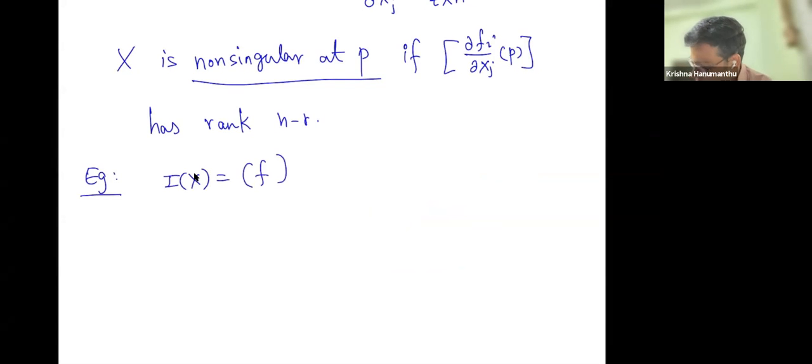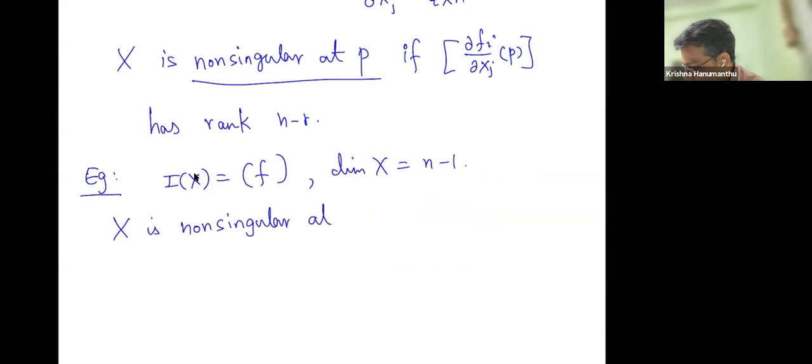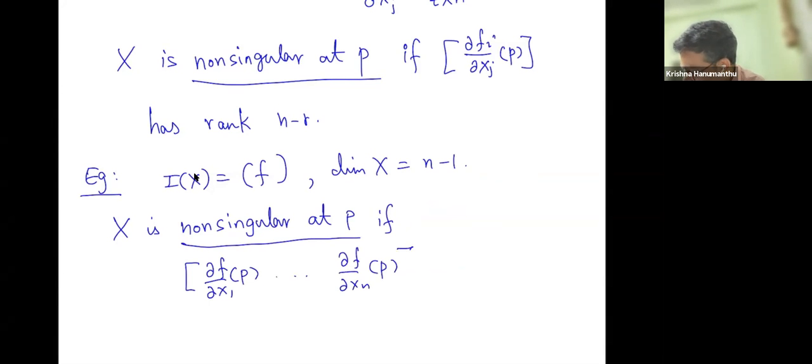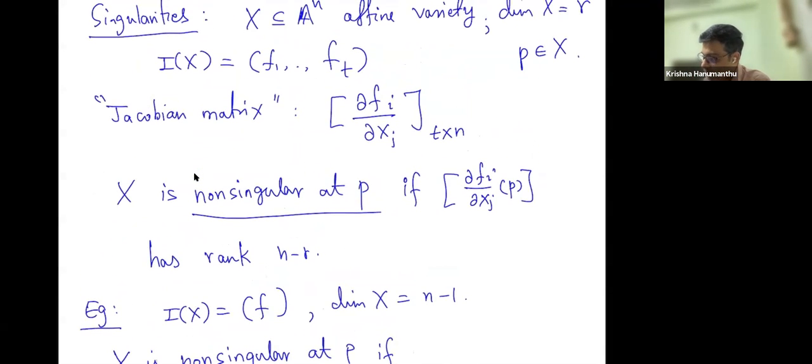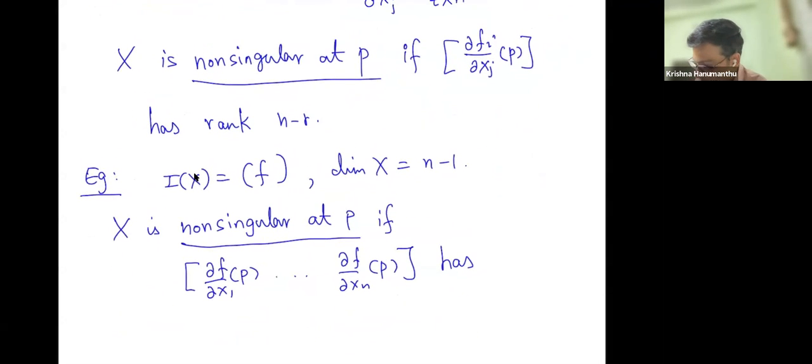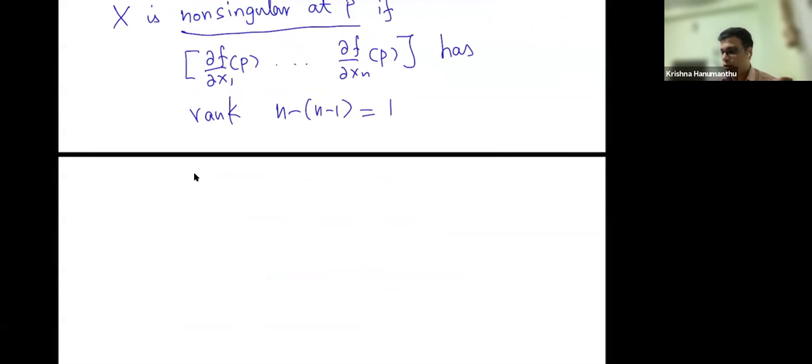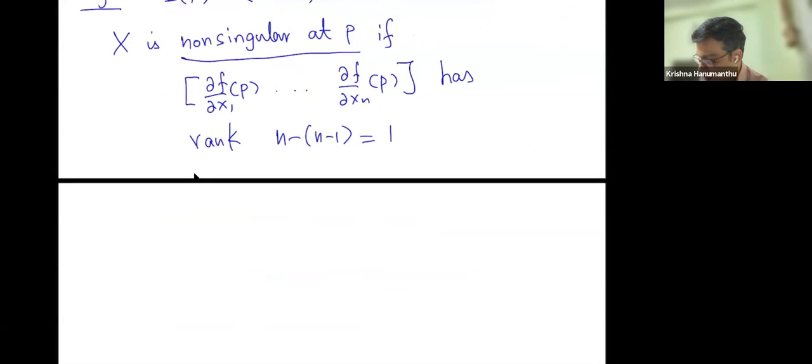So a very specific example is, suppose the ideal is generated by a single polynomial and the dimension of X is n minus 1. Then X is non-singular at P if the Jacobian matrix here is only one row but n columns. So this is like a row vector with n entries. Remember, the desired rank is n minus r. Here it should be n minus 1, which is 1. So if you have a row vector, rank being 1 means at least one of the elements should be non-zero. So therefore X is non-singular at P if and only if